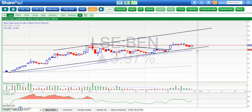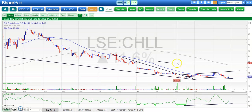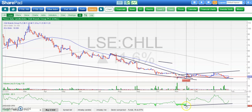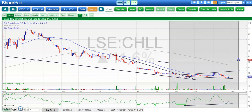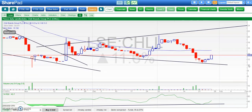On to a stock which one shudders in terms of looking at on a technical basis, but it looks as though there's a little bit of positive movement here. We've got a rising divergence line from November in the RSI window, which tends to be helpful, or can be helpful, in indicating a turnaround. Otherwise, a possibility of a broadening triangle rebound over the course of this week, and a move up towards the top of the triangle, maybe by the end of next month, or maybe 4 to 6 weeks, something like that,